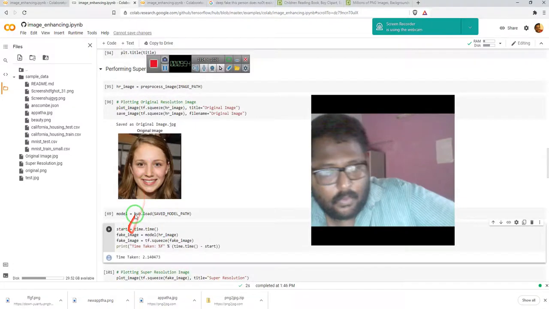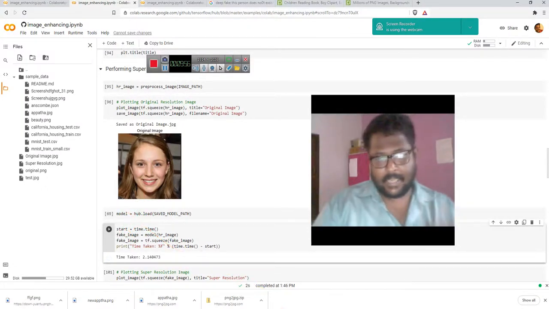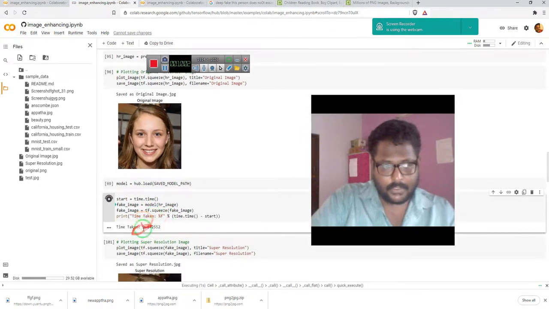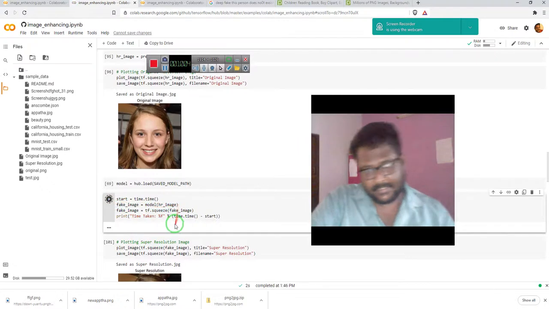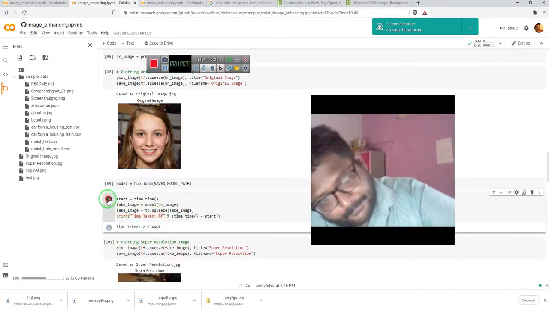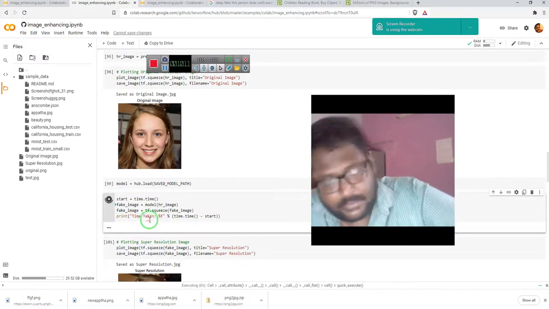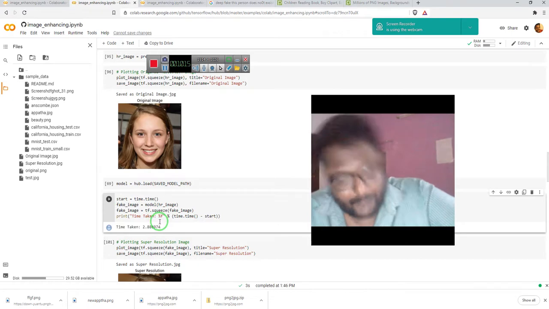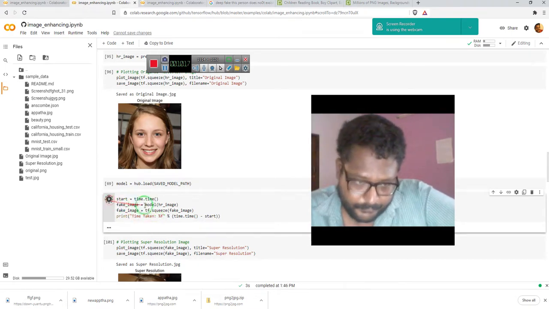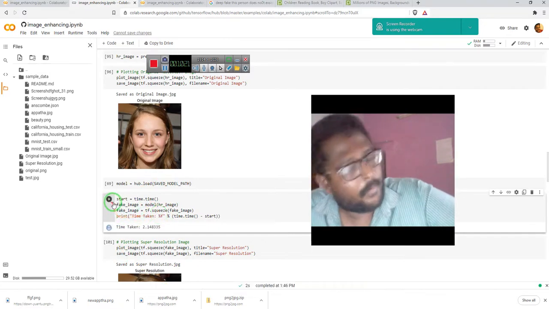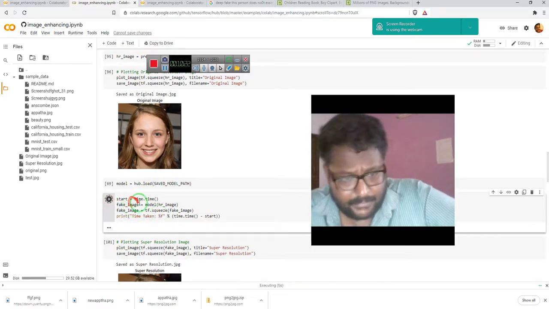K80. Okay, Tesla K80 is high in CUDA cores count, as you see in Google, but I don't know the real thing what they have in Colab. So it is taking 2 seconds again. So I think for the same code it is taking a lot of time. Okay, Tesla K80, so this is the truth. Colab Tesla K80 is not that fast in inferencing. So this could also be applied to Tesla T4.